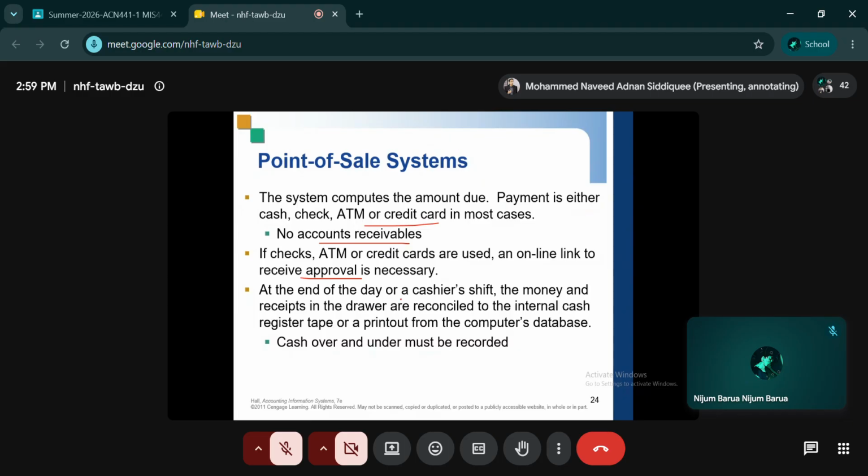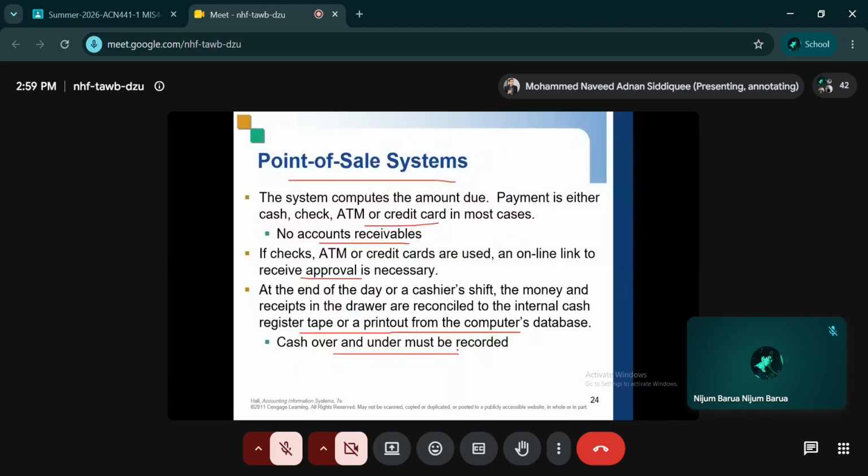And at the end of the day, for the point of sale system, the money and the receipts in the drawer are reconciled to the internal cash register tape or a printout from the computer's database. Cash over and under must be recorded. So যখন দিন শেষ হয়ে যাবে, at the end of the business day, all the cash needs to be reconciled. কত cash collection হয়েছে, right? From, let's say, cash sales, bikash, nagod, and all the other ways the cash has been collected, সবগুলোকে রেকনসাইল করতে